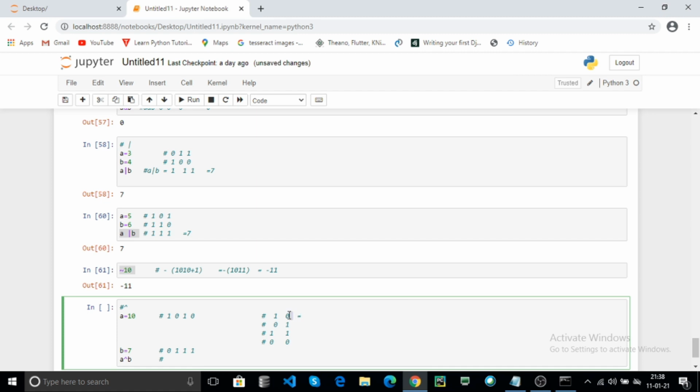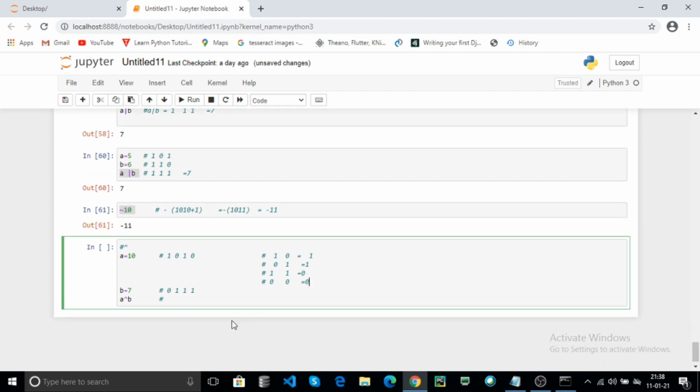Here it returns the 1 because both bits are not same. Here also returns 1. Here it returns the 0 because both bits are same. Here also returns 0. This is the exclusive OR. Now here the both bits are not same, it returns the 1.